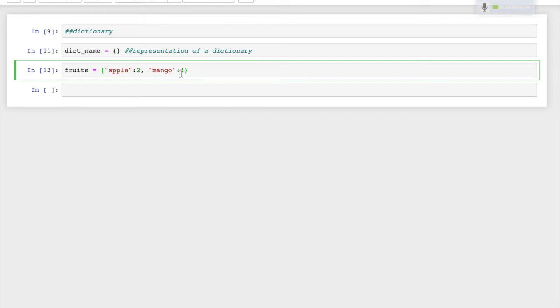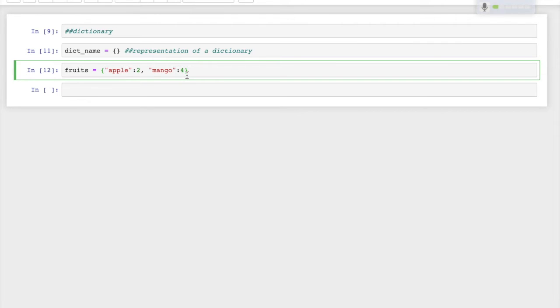This is the key and this is the value. Just remember that you have a key and you have a value. It's a kind of mapping between two elements, a key and a value. So this mango is the key and 4 is the value of the key mango.